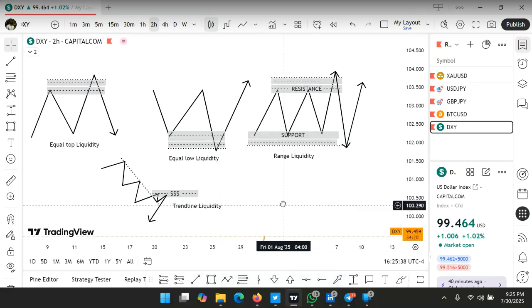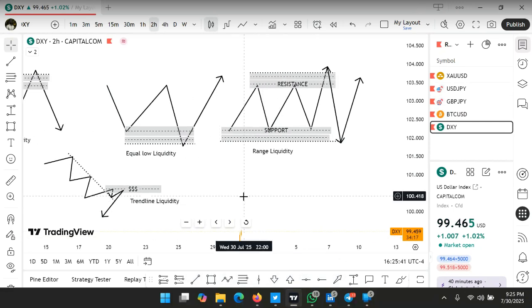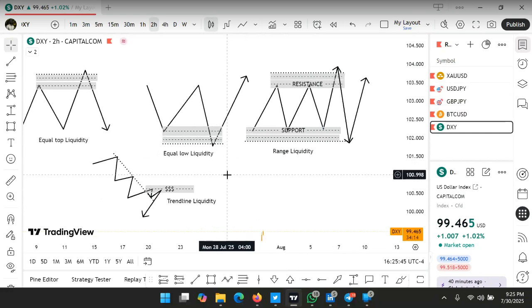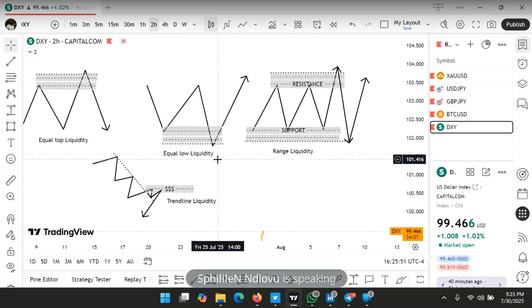So I think that's that for today. That's that for liquidity. And tomorrow we can have a revision class, and do some topics tomorrow. So you can stop there for today now.